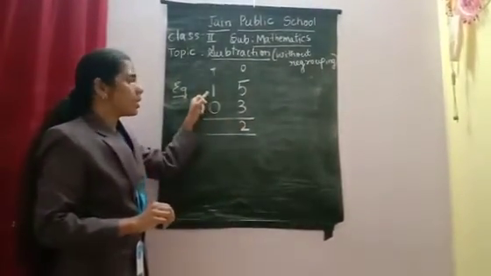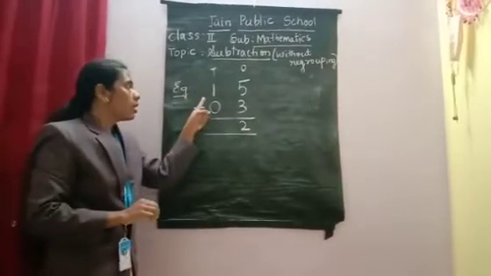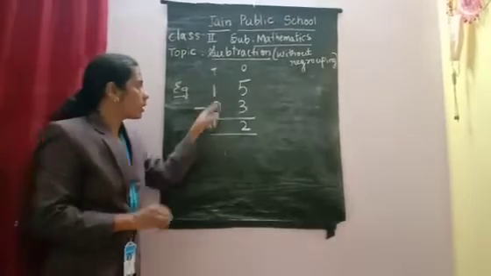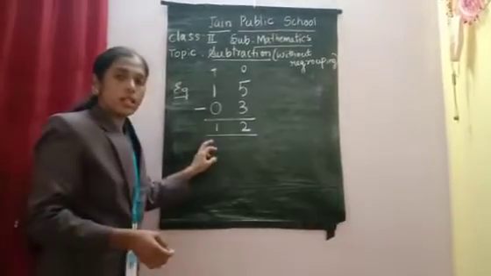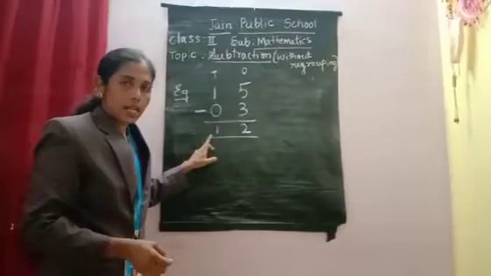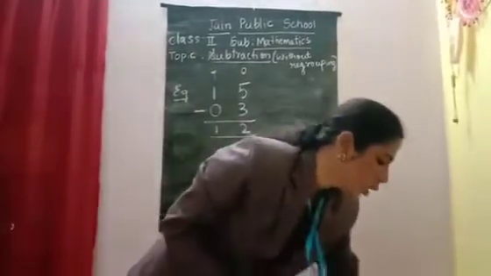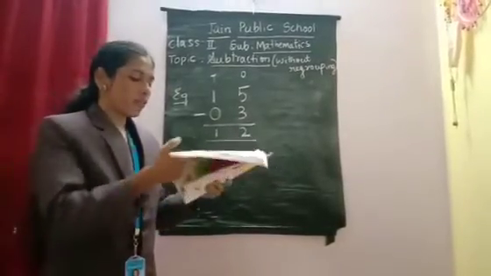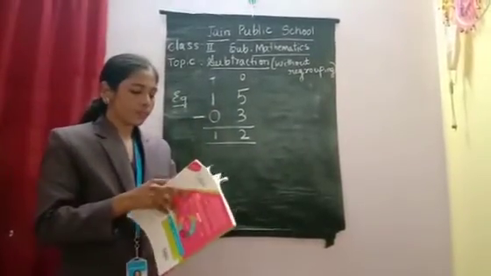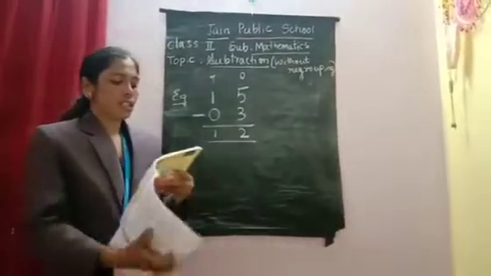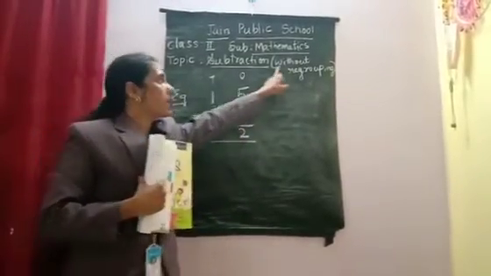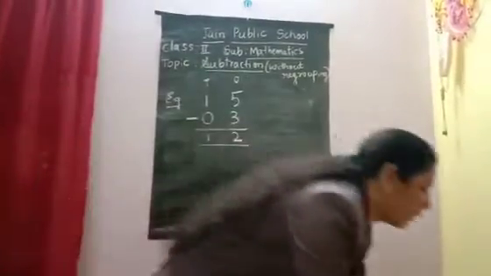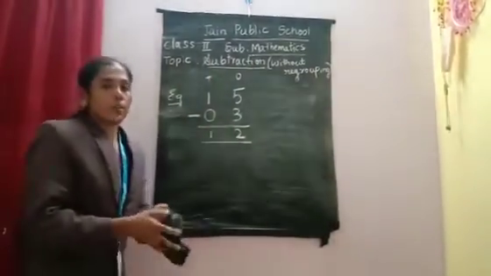Come to the tens place. 1 is there. Already I told you children, any number we subtract with a 0, we will get the same number. Same number is nothing but 1 only. What is the difference here? 12 is the difference. 12 is the answer. Like the same thing you have to solve page number 113, second, third, fourth and fifth sums. These are all simple subtraction, nothing but sums without regrouping. Understood? We will move on to the word problems.